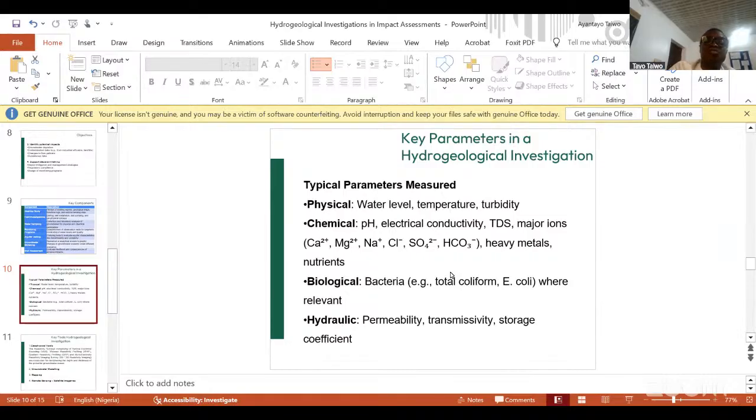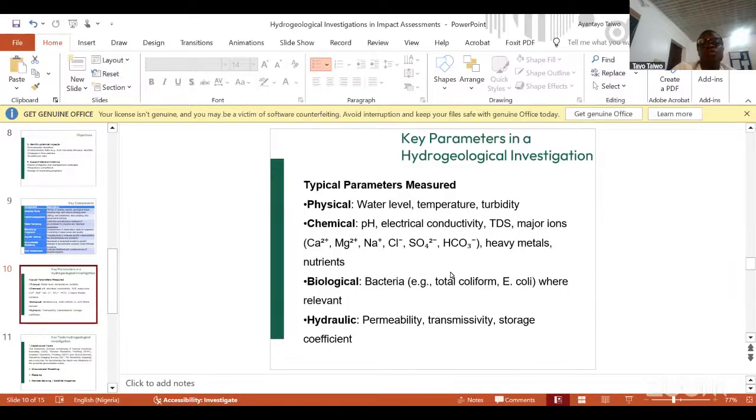There is equipment that we use to measure the pH, because normally it is expected that between 6.5 and 8.5 is what is supposed to be okay for potable water. That is what we expect, basically. Then we have total dissolved solids. We have major ions. We're talking about calcium, magnesium, sodium, chloride, sulfate, and carbonate, and heavy metals, and the